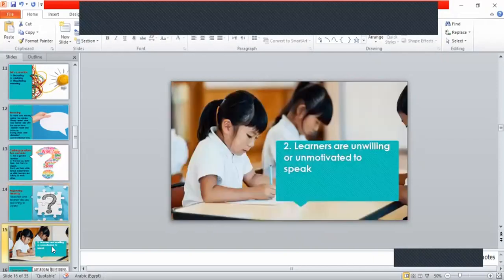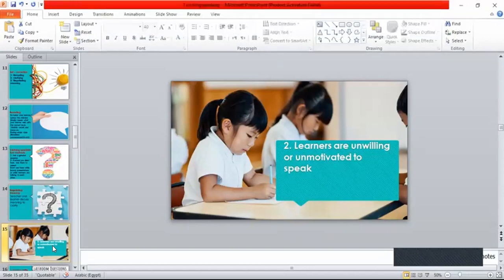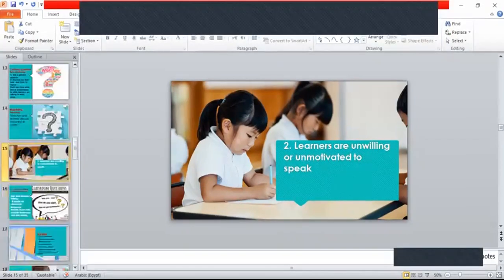Learners are unwilling or unmotivated to speak English. And this is what you said, Teresa. My learners insist on speaking Arabic. And I encourage them all of the time to speak English, but they can't. They are not willing to speak English. Here I have just a suggestion